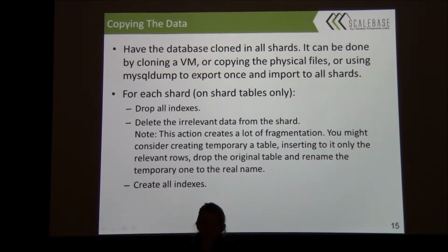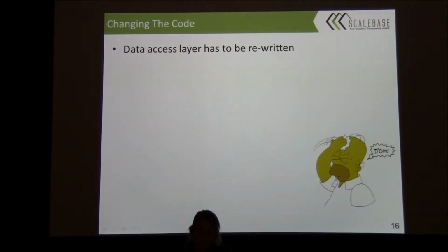So that's essential. We do have the data split, but now what's the next step? The next step, of course, is to change the code. And that is a pain, because now we have all the shards, we have all the data, we have the algorithm, but all our application, all the existing...